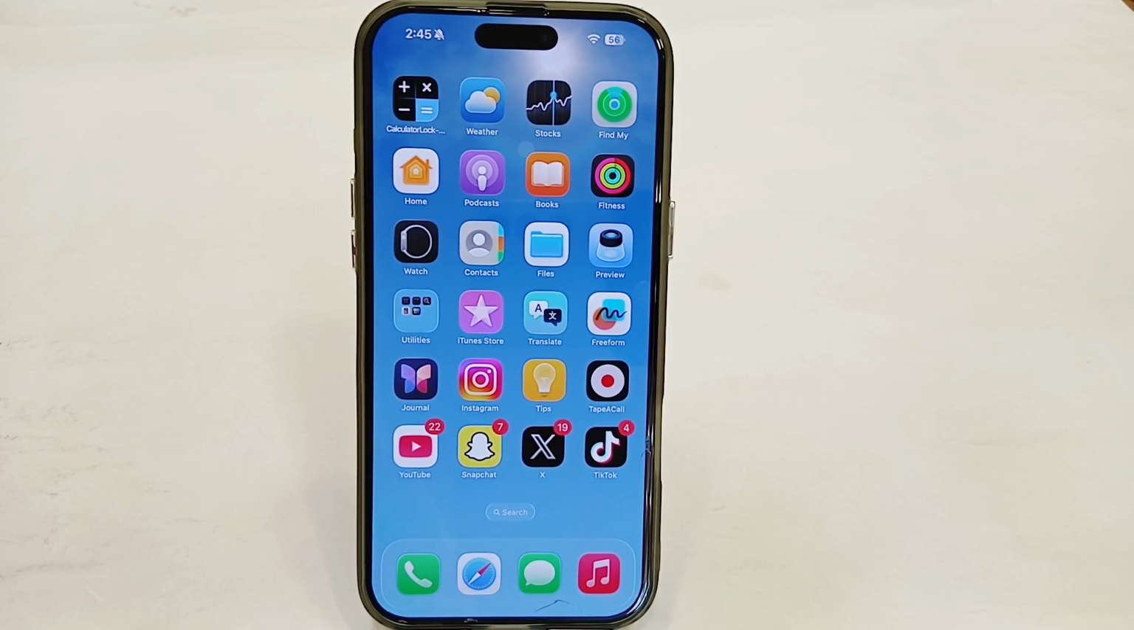Hey guys, today I'm going to tell you how to delete your Instagram account on iPhone. If you're using any iPhone and you want to delete your Instagram account from your iPhone, so let's see how